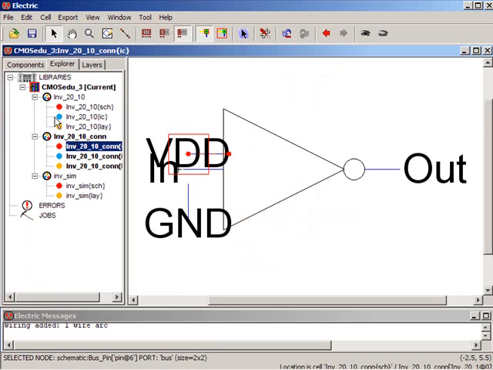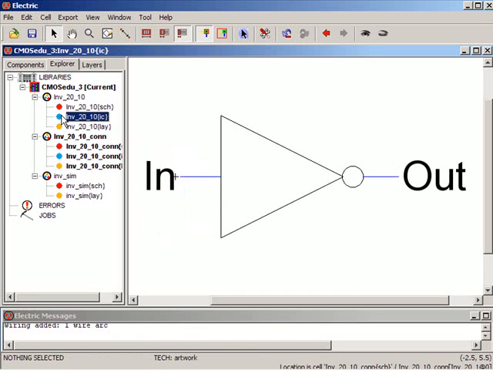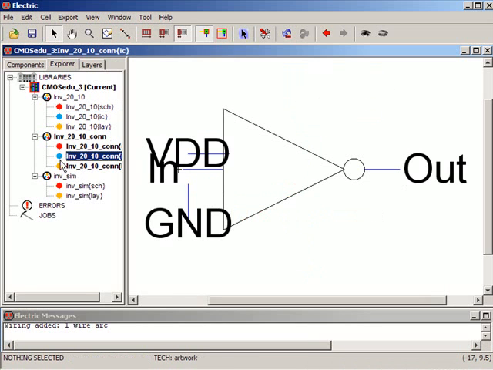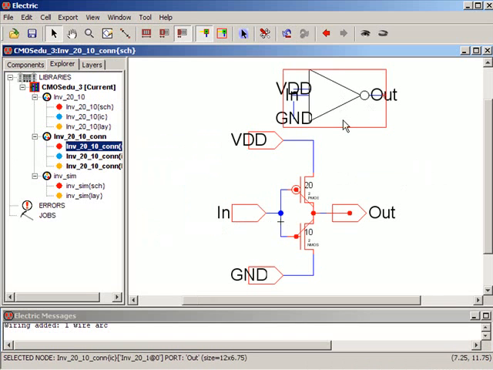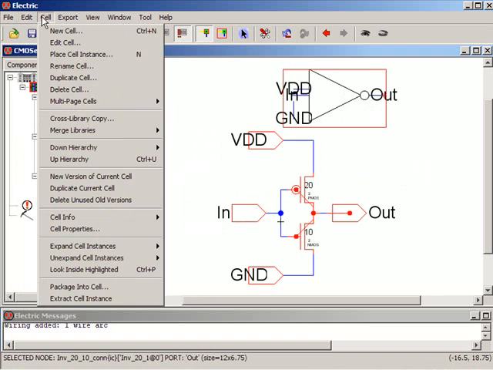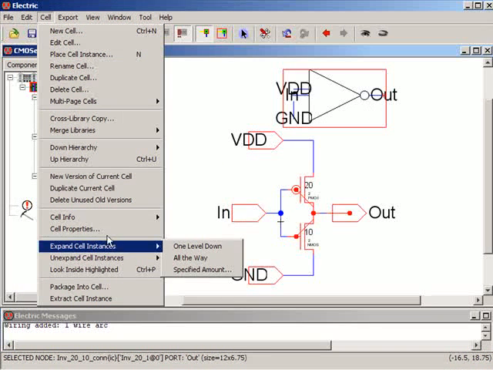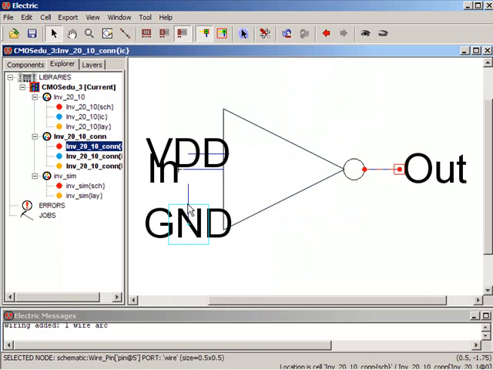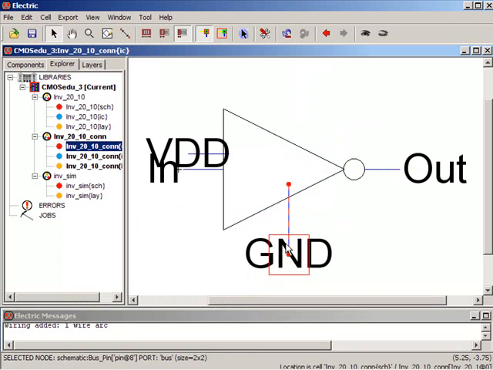So I'm in, now I'm editing this cell right here, which I can double click and go on into. But let's go back here. Whoops, wrong one, sorry, this one. There's our ground and all that. But let's go back in and then push by going Control-D. Let's see, edit, cell. We want to go down in the hierarchy. Control-D. Now I can move this